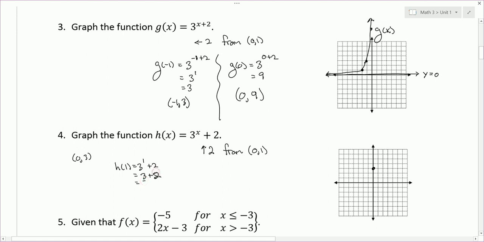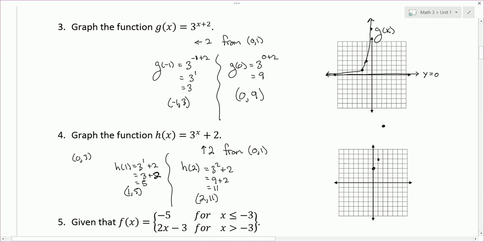So (1, 5). And if we plug in 2, we end up with 11, which is off our chart here, somewhere up here. One more thing we need to graph before we draw our curve through those points is the